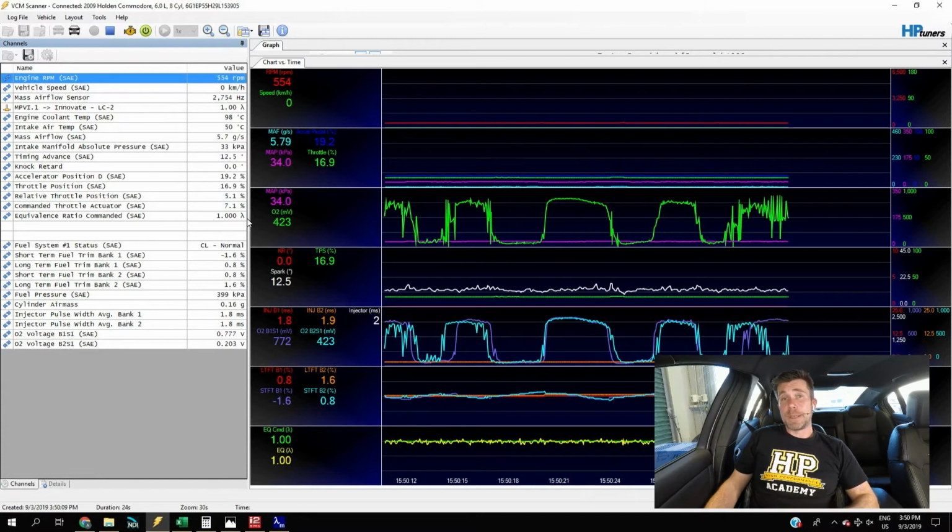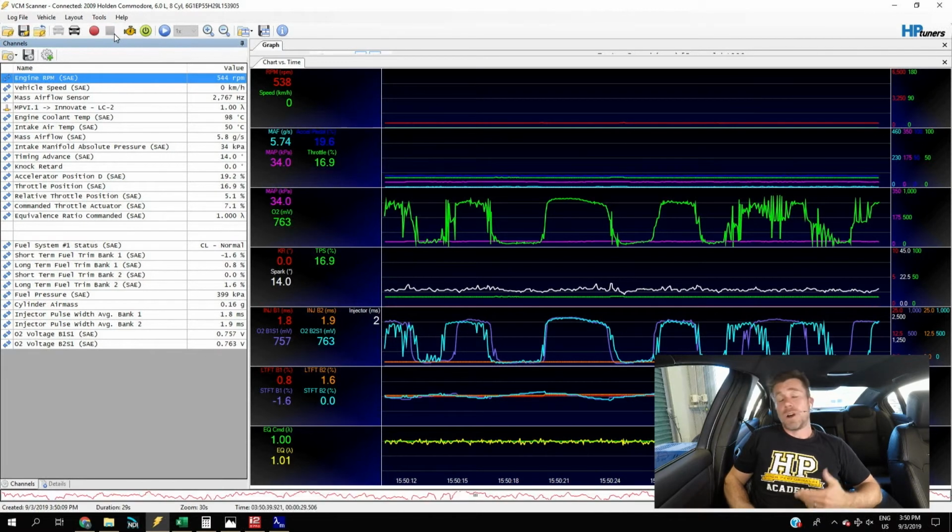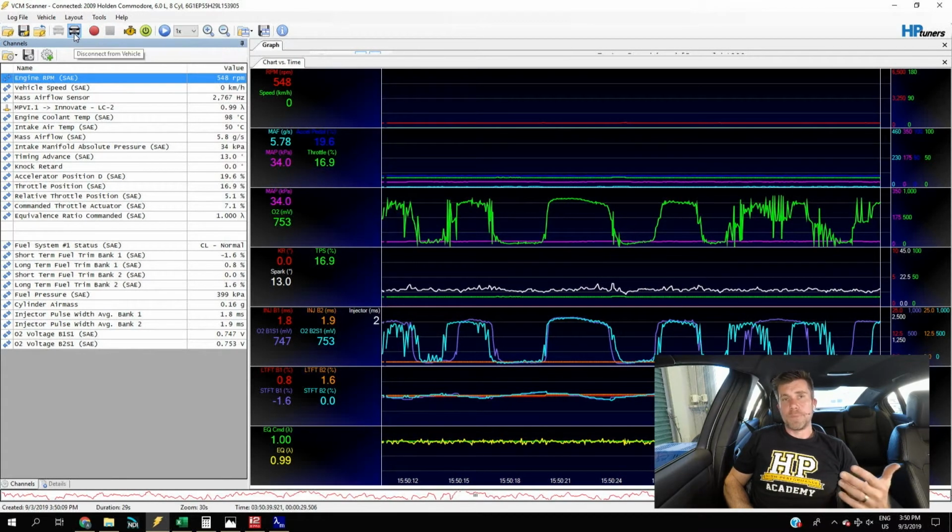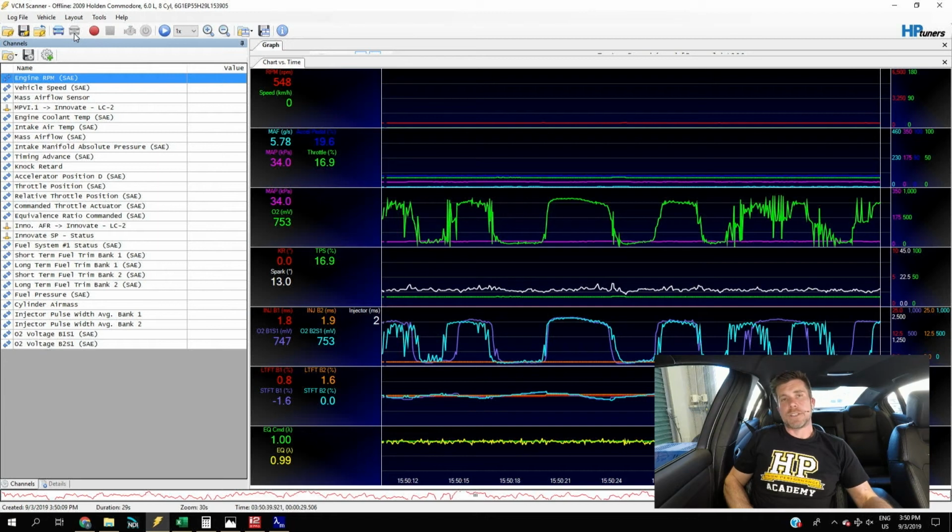What I've found to be a pretty bulletproof way of getting around this is, prior to hitting record on the VCM scanner software, I run the LM programmer software. If you've got the Innovate LM2, or any of the Innovate products, you'll probably want to download the LM programmer software. You're also definitely going to need it for the next step, which allows you to control the way the LM2 operates, and in particular the outputs from the LM2. It seems to be enough that if we run the LM programmer software, it will then look at the USB ports on your laptop.